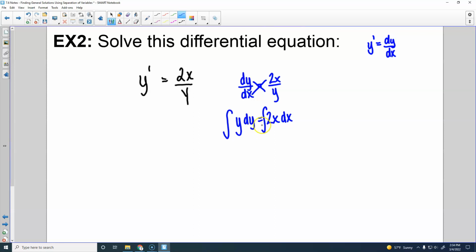So when we integrate both sides, we're just integrating the y, so it has an exponent of 1. So Thomas, what do we get when we integrate y? Raise your exponent by 1. 1/2 y squared plus c. And I'm going to put a little 1 back here behind the c,